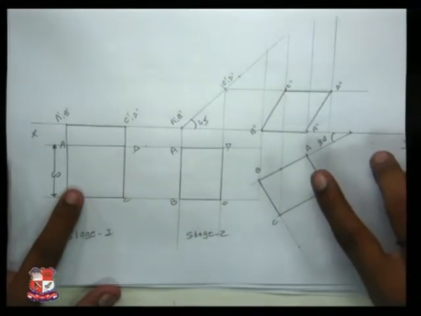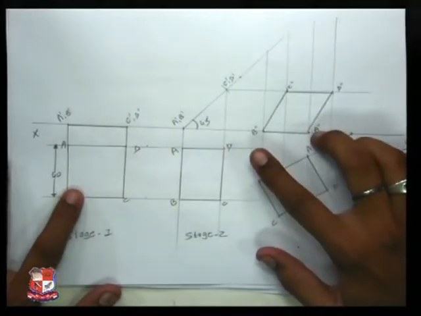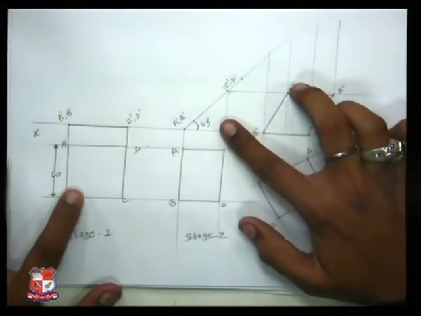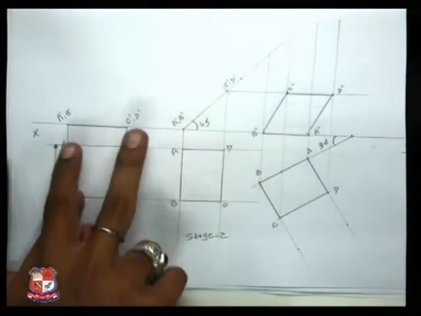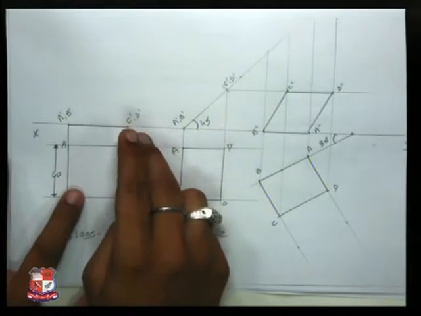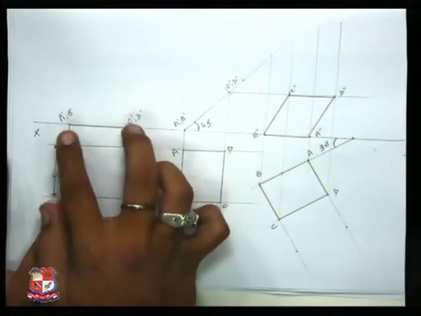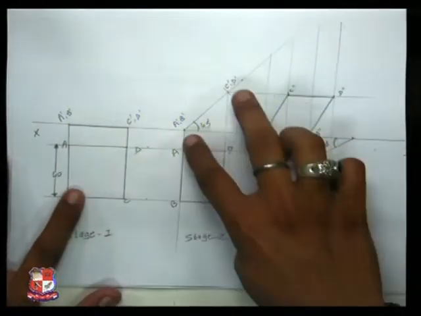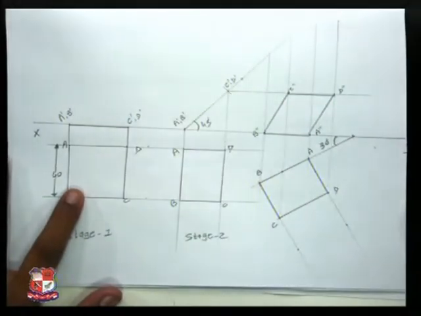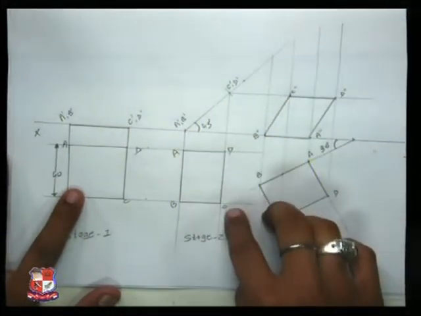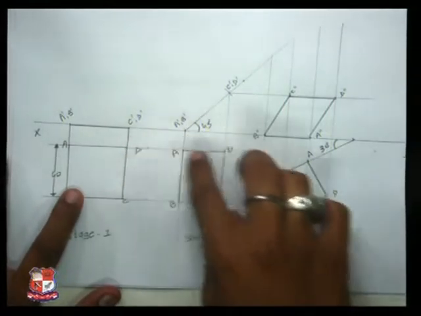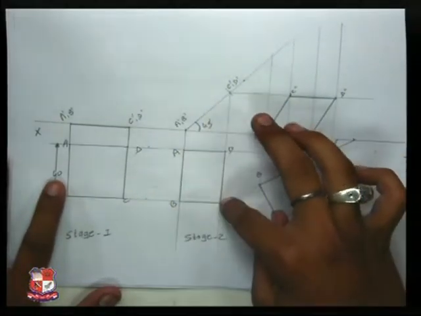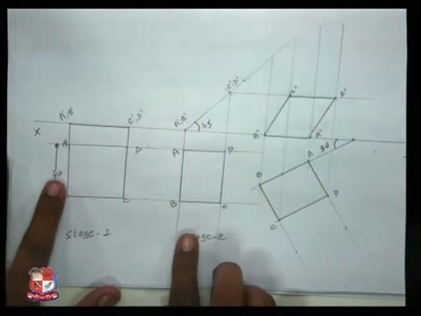Now I have taken consideration of projections with HP, means that angle with HP is given as 45 degrees, hence I need to draw replica of this A dash, B dash, C dash, D dash line to this 45 degrees. So what I have done is take radius as A dash to C dash and mark an arc over here like this. Taken the vertical projections from it, taken horizontal projections from the first stage, and so I have received the another side square in the stage 2.